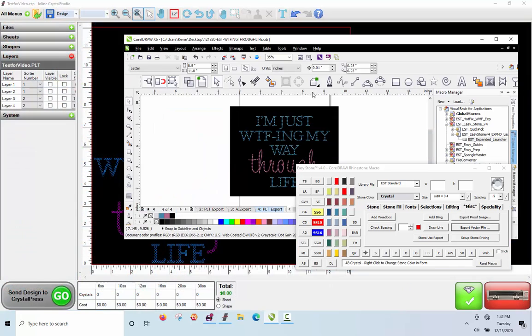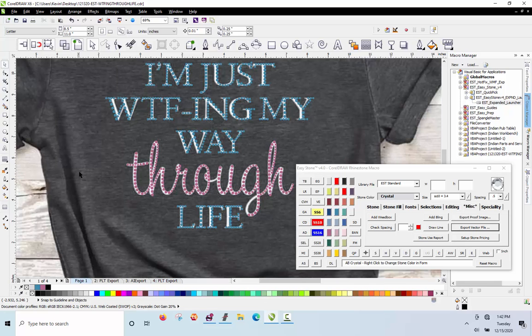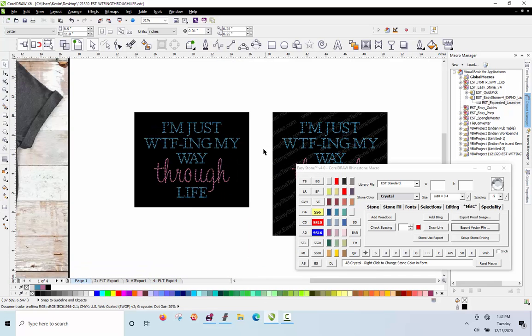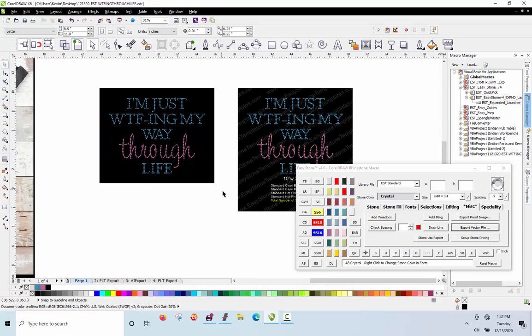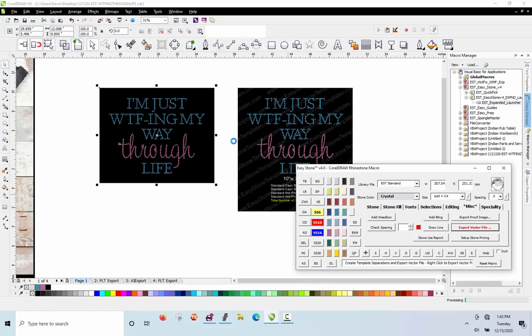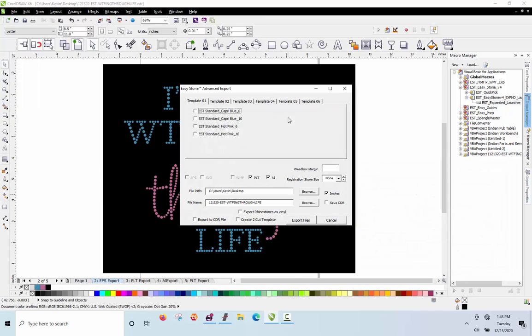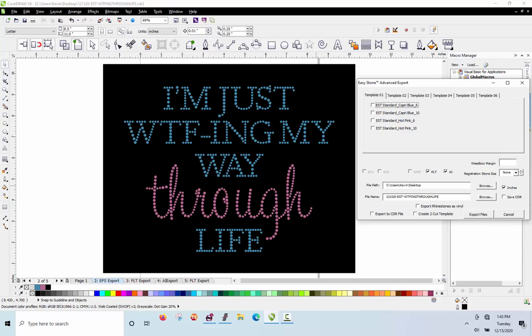So let's go back to this design, and I just want to show you real quickly one other neat feature in regards to the export file, as long as we're talking about exporting files. This, of course, would be more specifically for exporting our rhinestone template. So we're going to go ahead and choose the design again and export vector file. Now, let's talk about this. If we were exporting this to create a template,